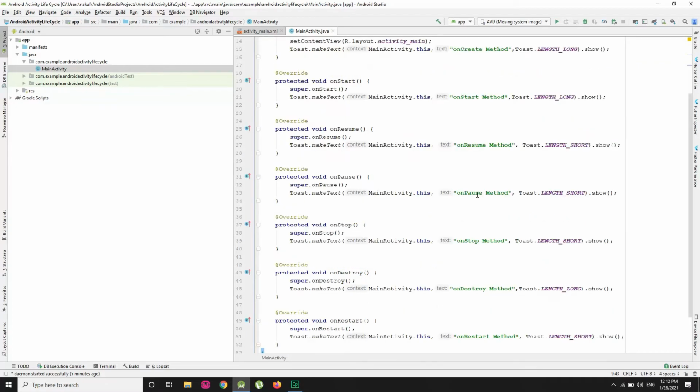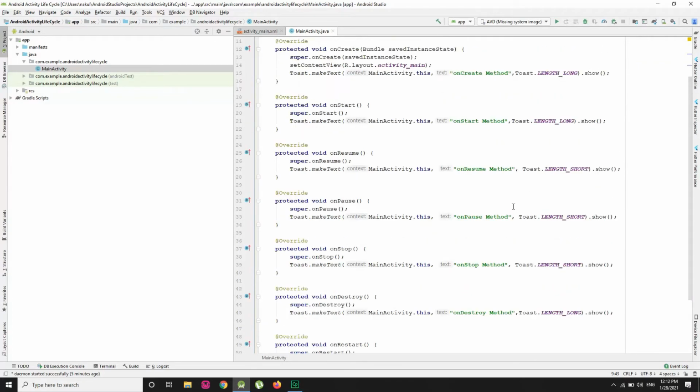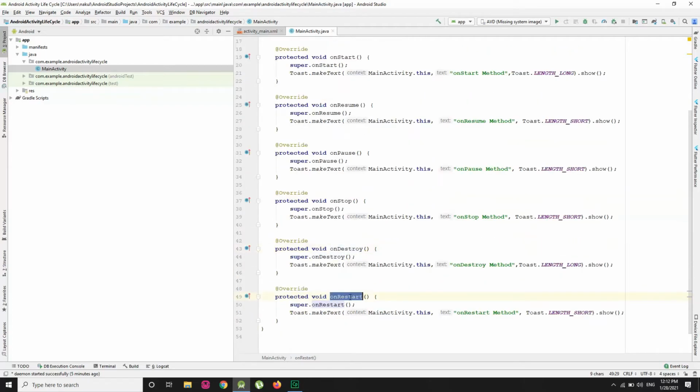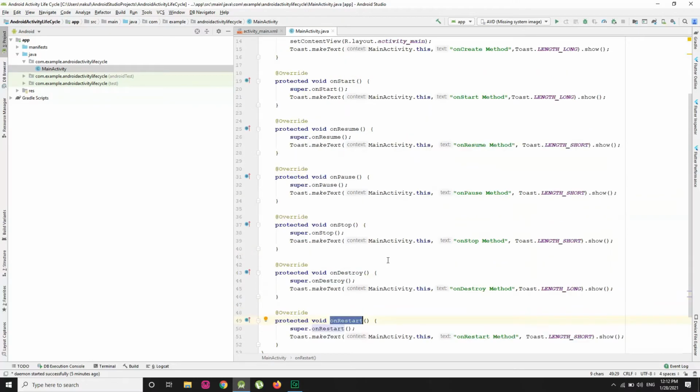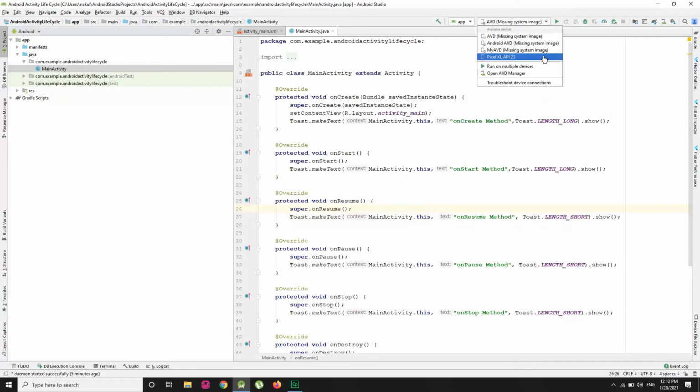So in this Java class, I have implemented 7 major methods of the activity lifecycle, which are onCreate, onStart, onResume, onPause, onStop, onDestroy, and at last onRestart, right? Whenever a particular method is invoked by the system, that method's toast message will be printed on the mobile screen, right? So now we are going to run this practical.